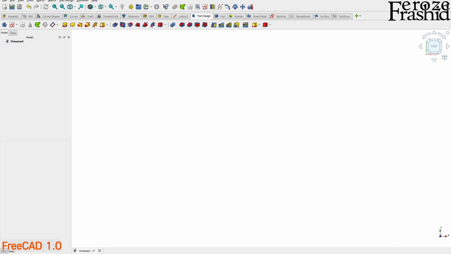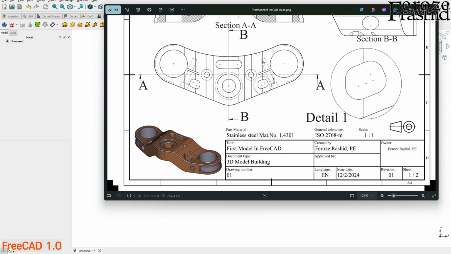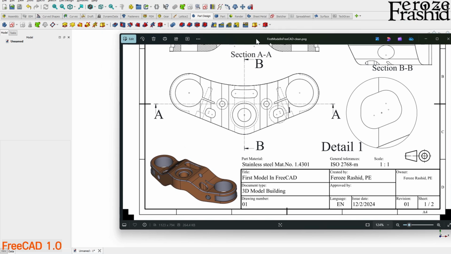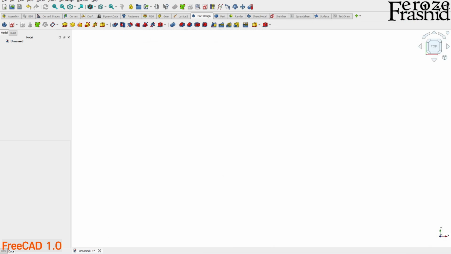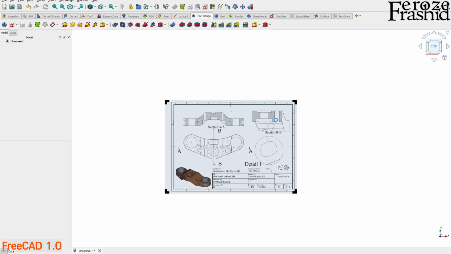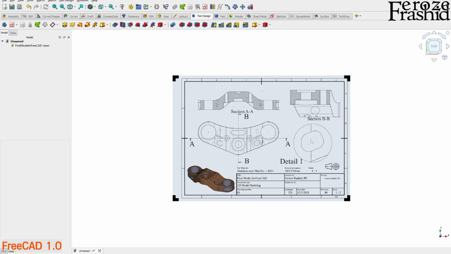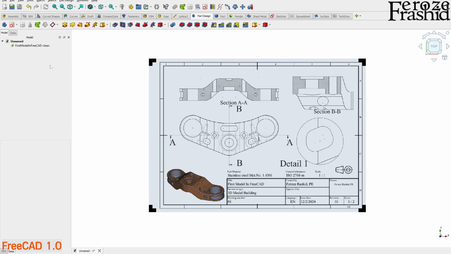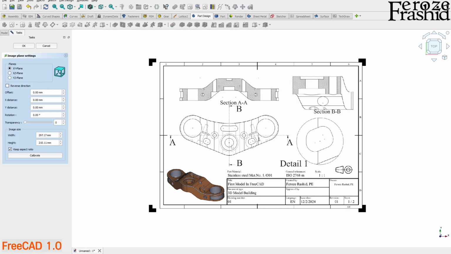We'll only be drawing these features looking from the top side. And to be able to easily draw that, I want to import this image in the background, and I'll make it cleaner. So what I want to do, I want to drag and drop it in the middle of the work center. And then I want to process that image just a little bit,